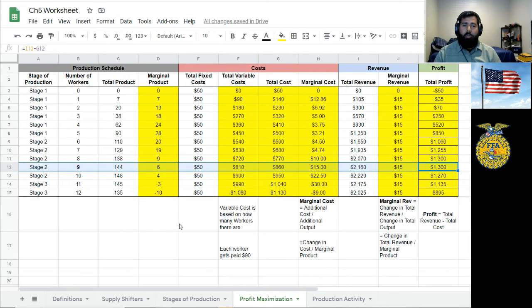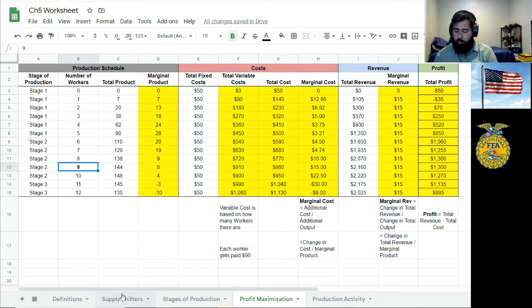In that case, those people are going to make a ton of money. All right, why hire somebody else when you can do this on your own? So that right there shows you that at 9 workers is where you're making the most money. All right, we would say